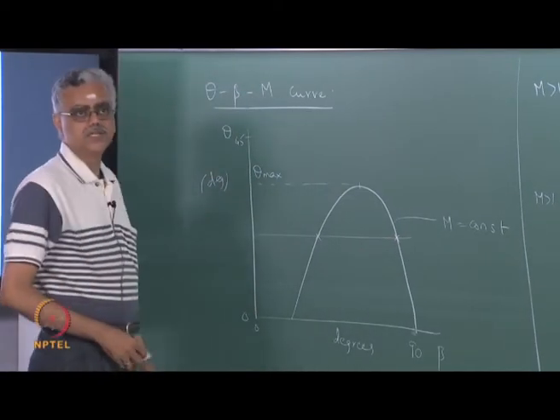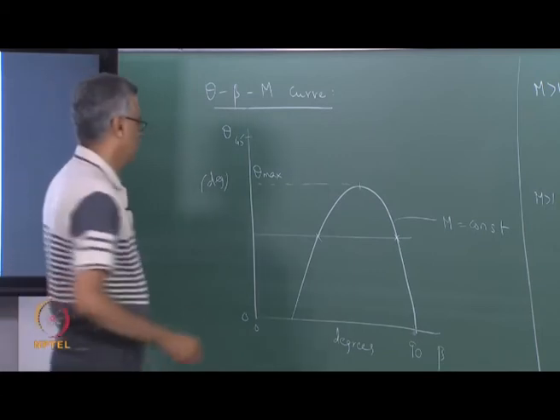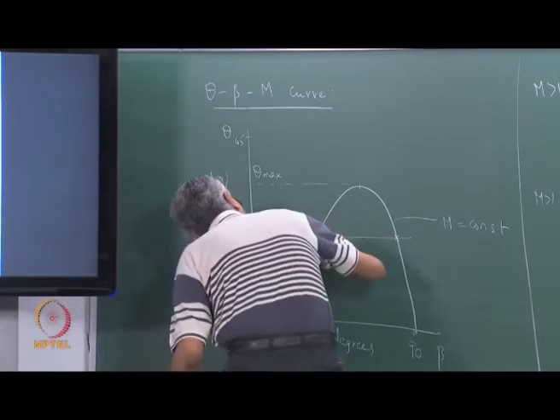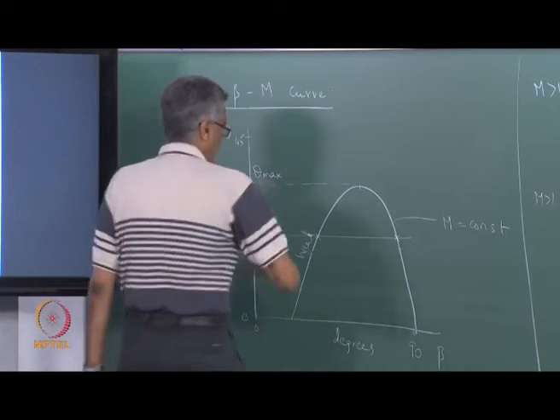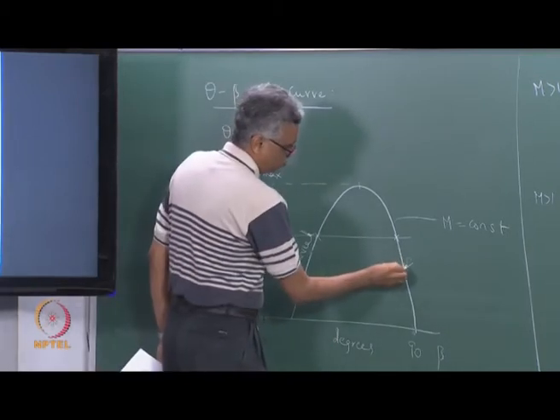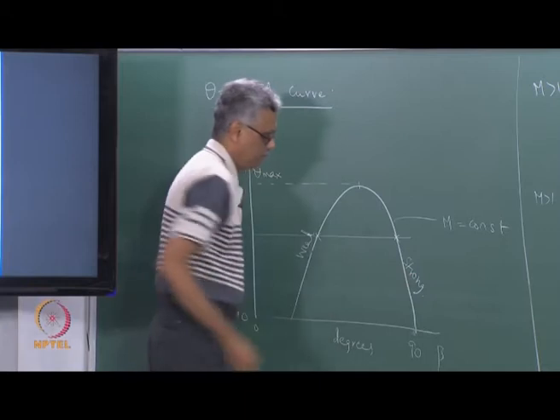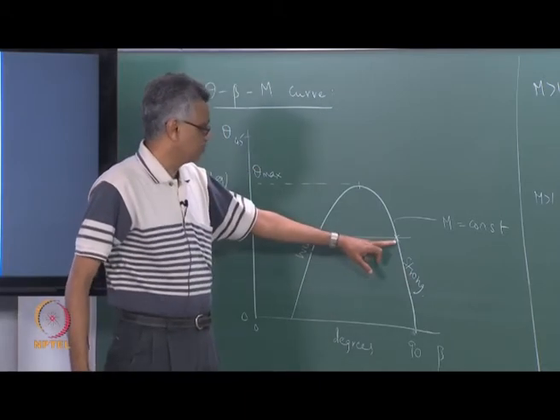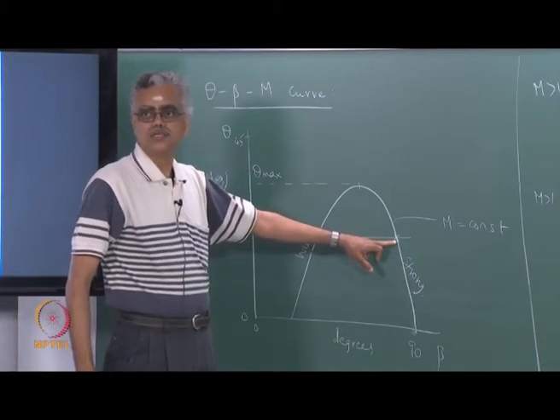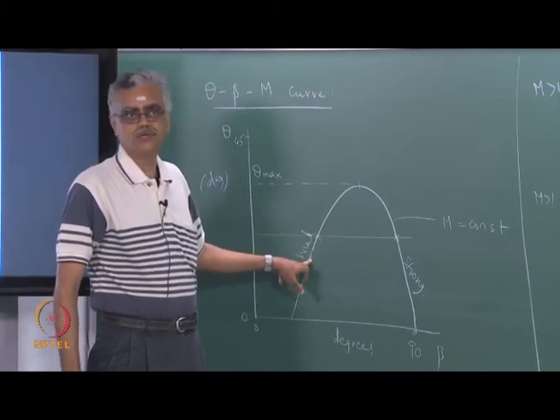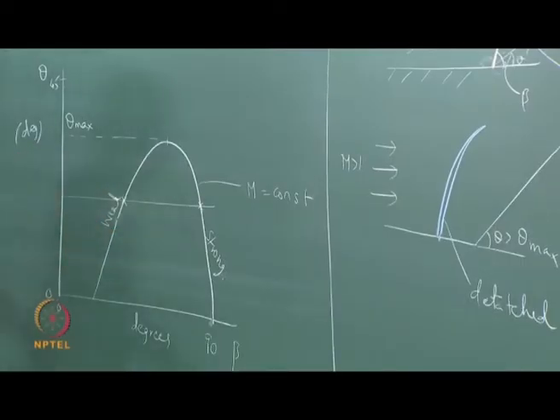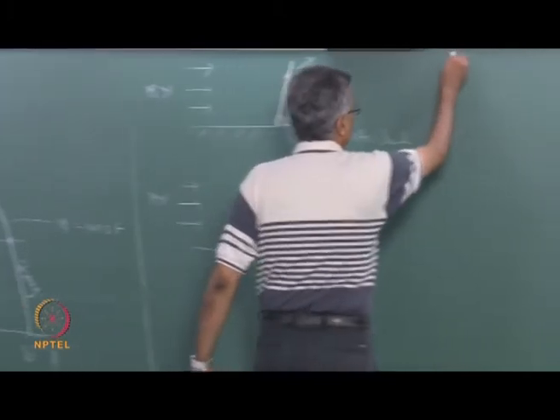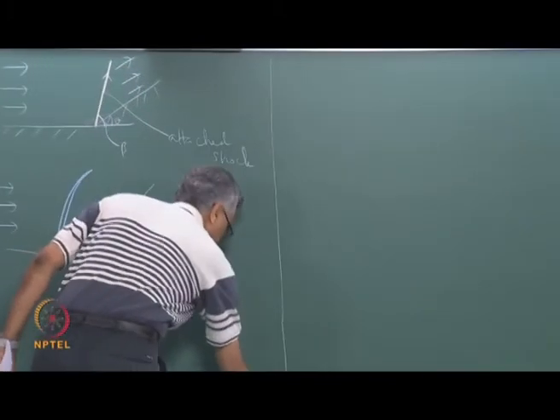The left branch is usually called the weak shock wave solution, and the right branch is called the strong shock solution. Notice that the beta corresponding to the strong shock solution is larger than the beta corresponding to the weak shock solution. So what this is telling me is the following: for a given value of theta,